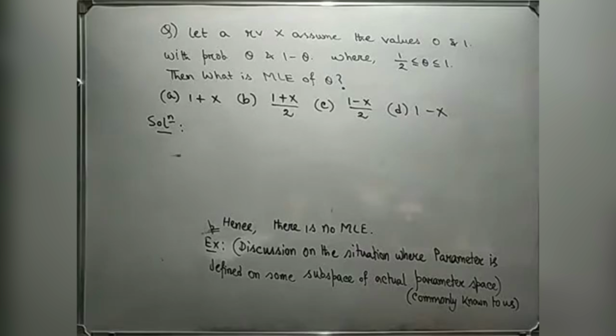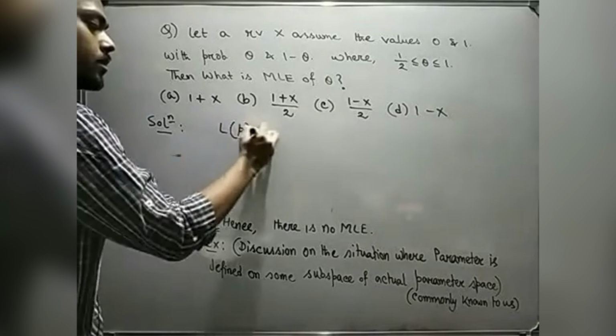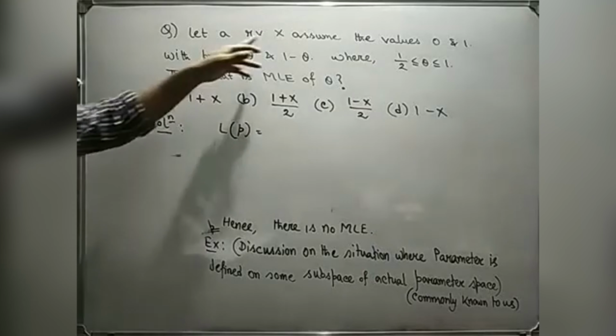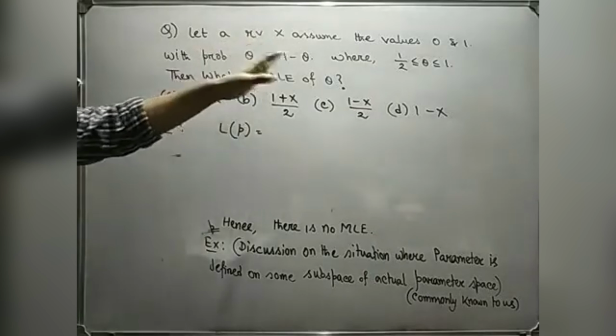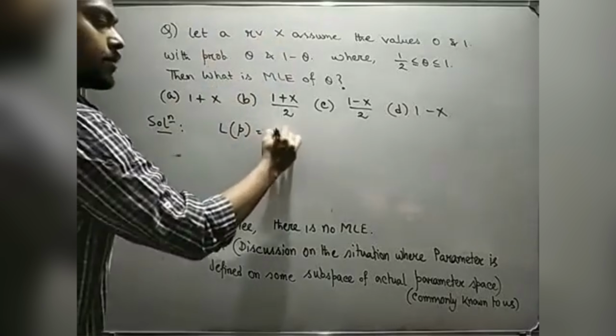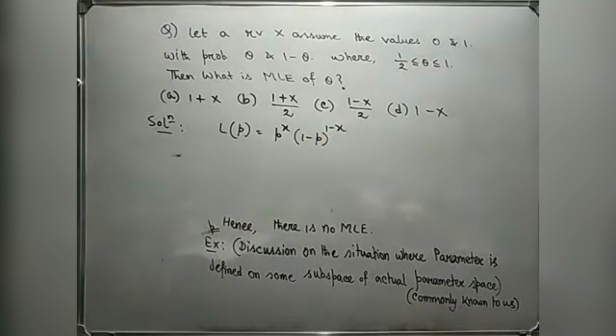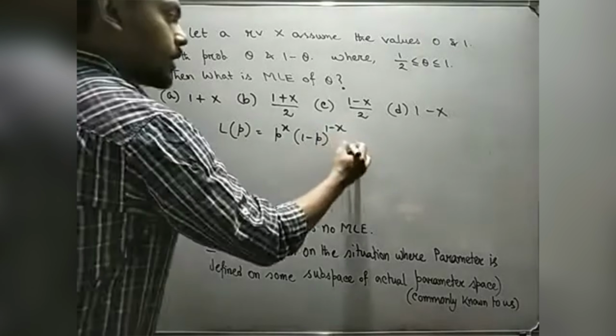Okay, so let's try to find that. Here the likelihood function is basically L(p). We know that this is a Bernoulli random variable, and obviously we have only one observation. So it will be p to the power x times (1 minus p) to the power (1 minus x), where x can take the value